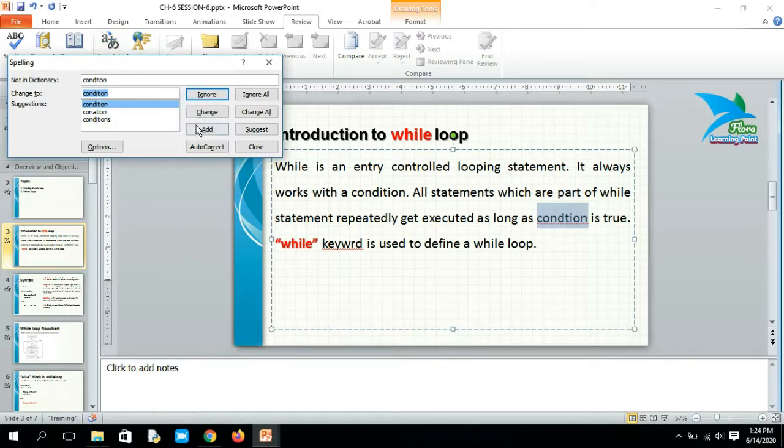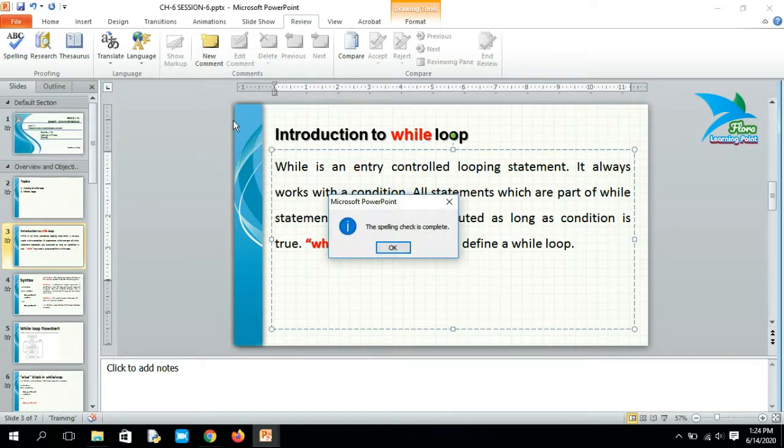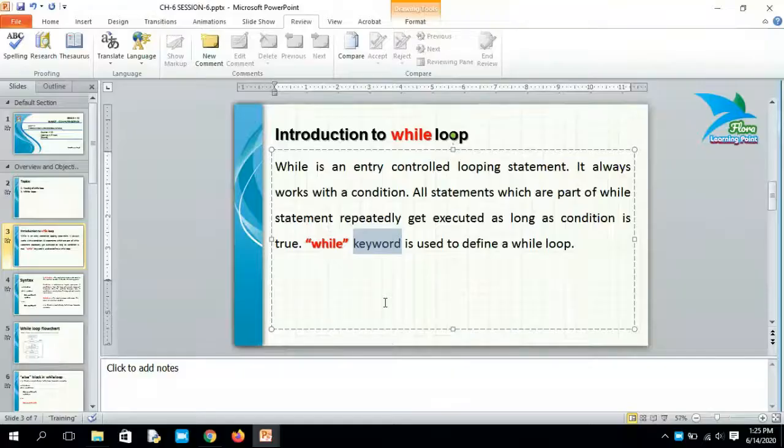So if you add your name to the dictionary, then next time it will not show you the error. So just choose the option, then click on change. So that is all about how we can use the spell check tool.